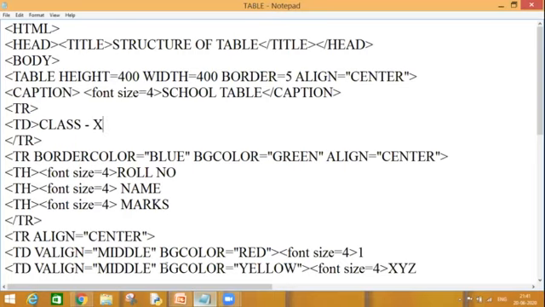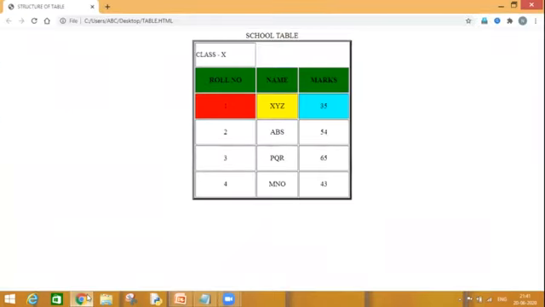Control S, go back. Fine. Now see, in the top row, only one column is there. One cell is there, I would say. And the rest of the rows are having 3 cells. Now what do I need? I want to merge the first, second and third columns.